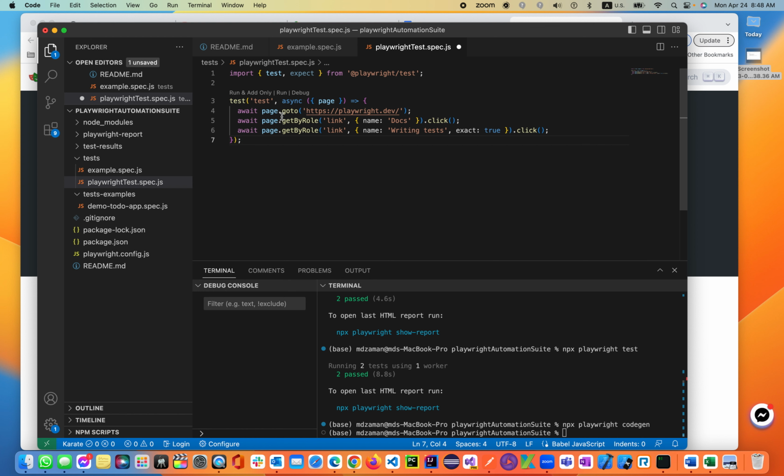So what does it look like? It looks like we're importing test and expect from the playwright test, then starting with the test. So test meaning we're trying to test a validation, we're trying to assert a validation from the manual test cases. So let's rename the test, let's validate